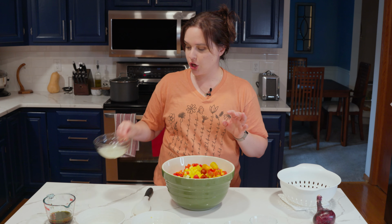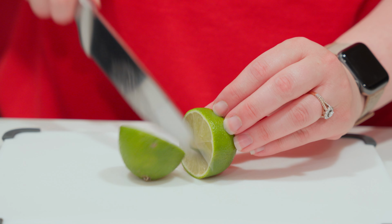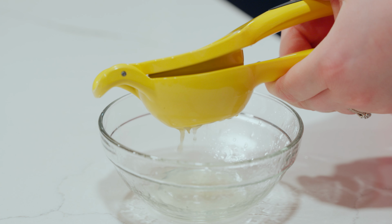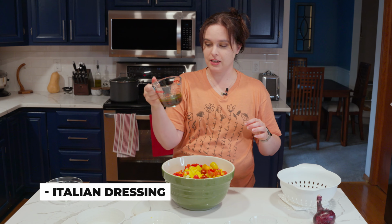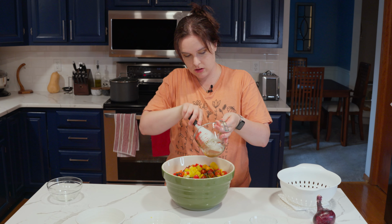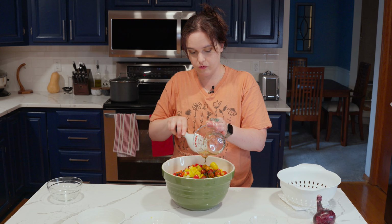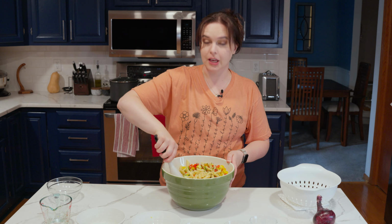Next, we have 2 limes juiced. And I juiced the limes from fresh limes that I bought at the store. You could definitely buy the pre-packaged lime juice that comes in a bottle as well. That's totally fine. And then homemade Italian dressing, and just pour that over. That's 1/3 cup. So this is just to give it a nice oily base. There's extra virgin olive oil in there, vinegar, honey, lemon juice,